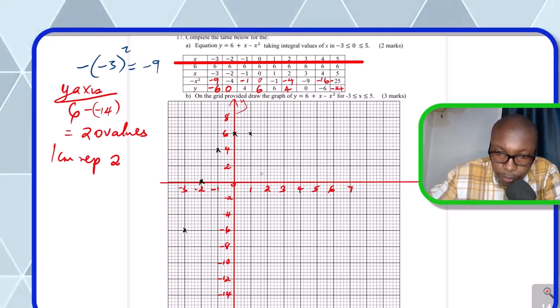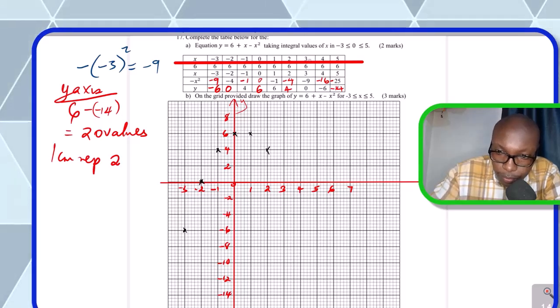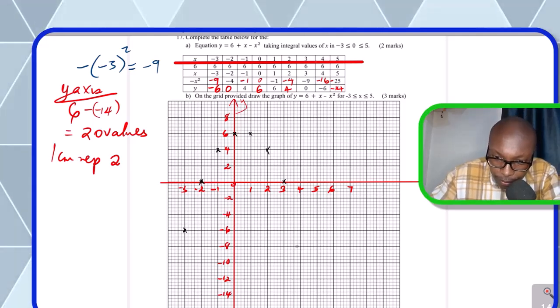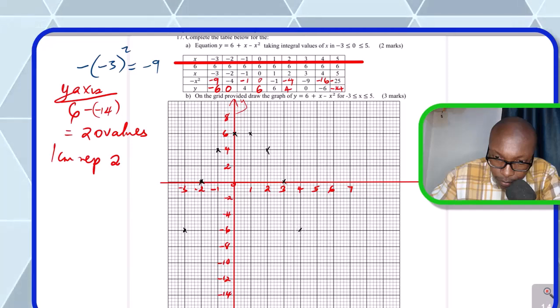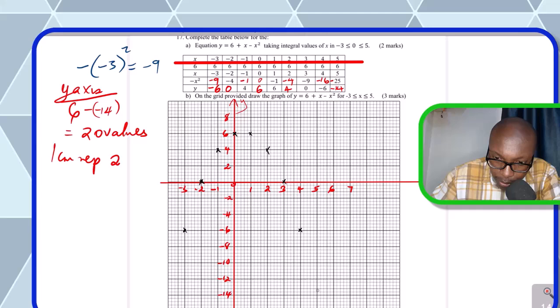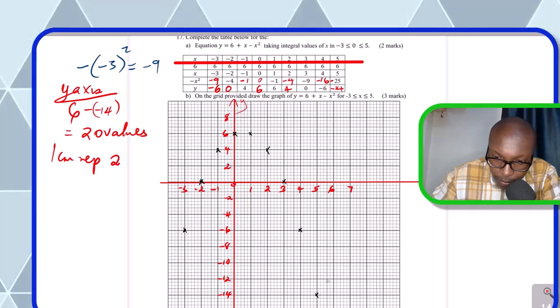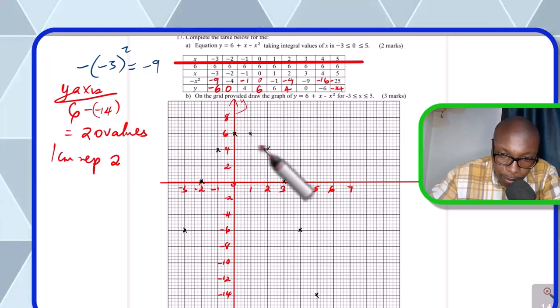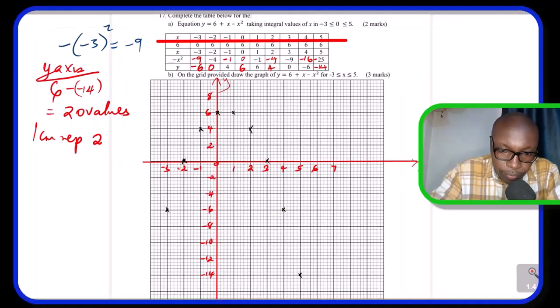Then 2, 4, and then 3, 0, then 4, negative 6, and then 5, negative 14. 5, negative 14 is here. So now you have all the points. You have the first one, the second one, you have all the points there. We've plotted them correctly. Now,